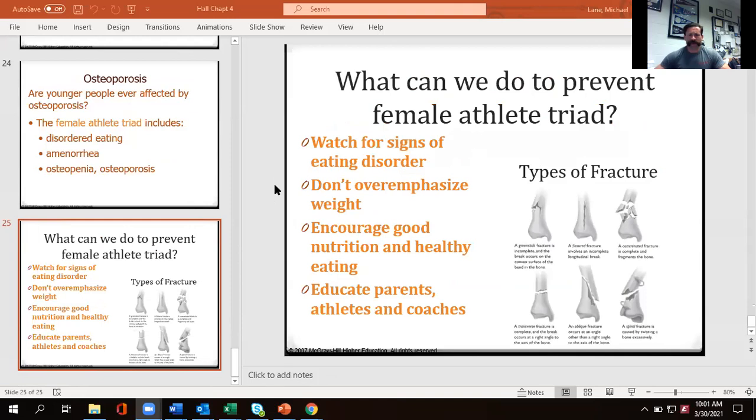So what can you do? Notice, watch for signs of an eating disorder. Don't get all up about weight. Focus instead on function and health, making sure that people have a good relationship with food. Don't get me wrong, I wouldn't hope for anyone to get any type of massive addiction. But one thing I would encourage everyone to do is get a good relationship with food, how they like to eat and how they feel